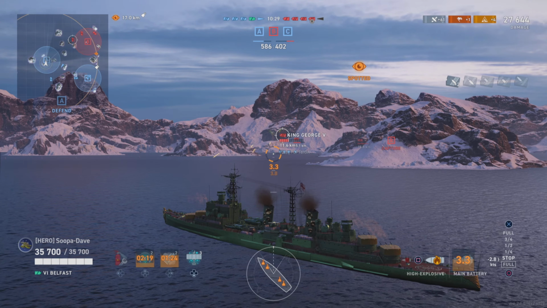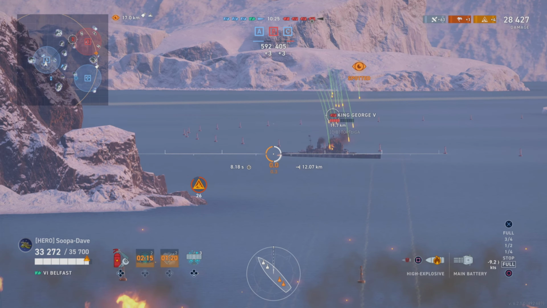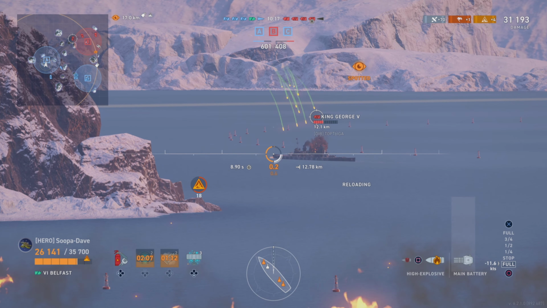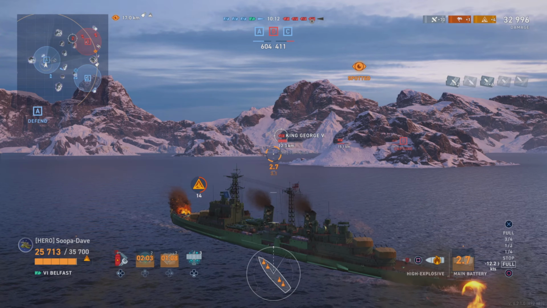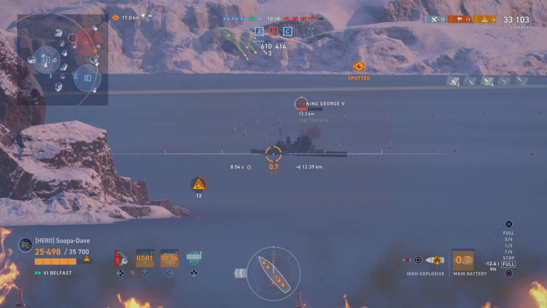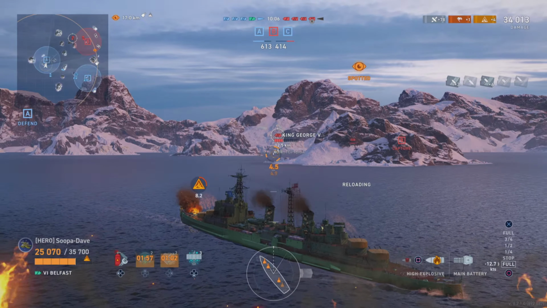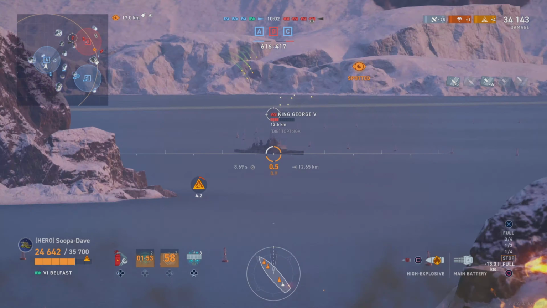Now, I have really enjoyed playing the Belfast today. I had just recently got the Belfast, and I am loving this ship. And a lot of times I use AP a lot too. That's the reason I'm using Bruce Fraser as my commander, because with the AP it does help it a little bit. However, in this match, you're not going to see a whole lot of AP because the cruiser doesn't come near me right now,